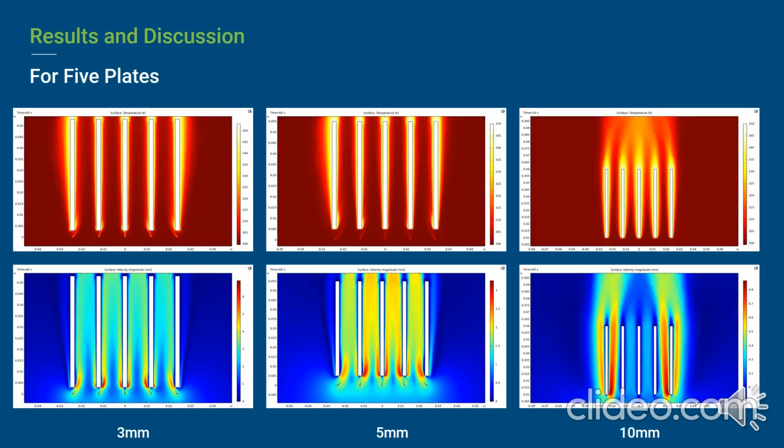And these are the corresponding temperature profiles. So you can see here that the thermal boundary layer is very small for this case, sufficiently small for this case, but for the case where the distance is so large that the inner 3 electrodes are turned off due to influence from the outer electrodes, the thermal boundary layer is the largest, and we see the least amount of heat transfer in this case.